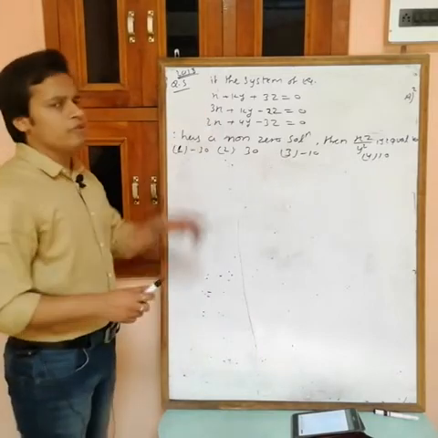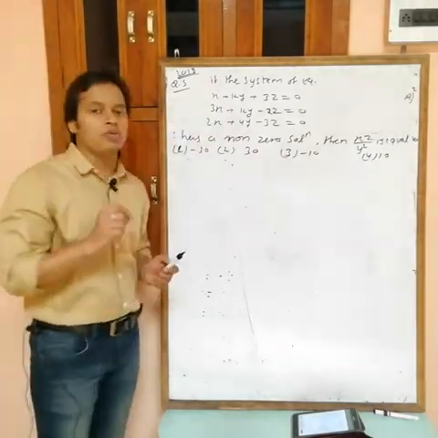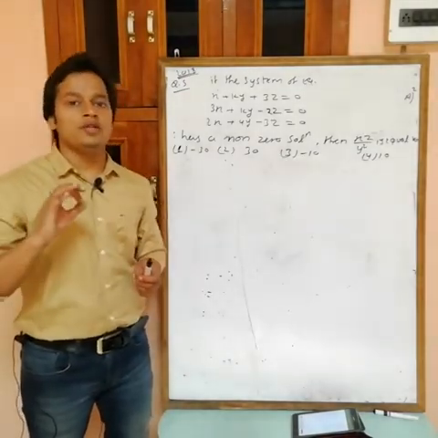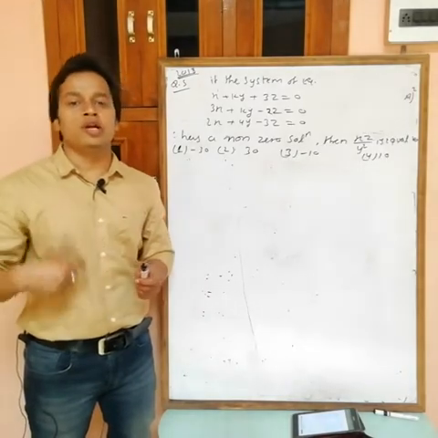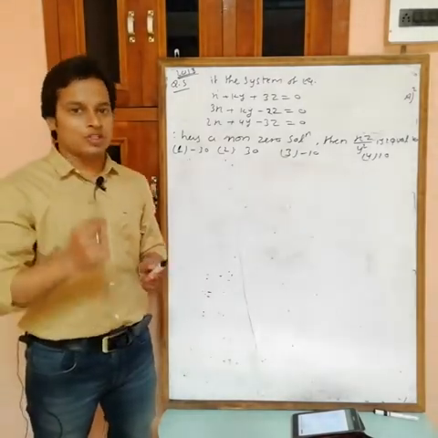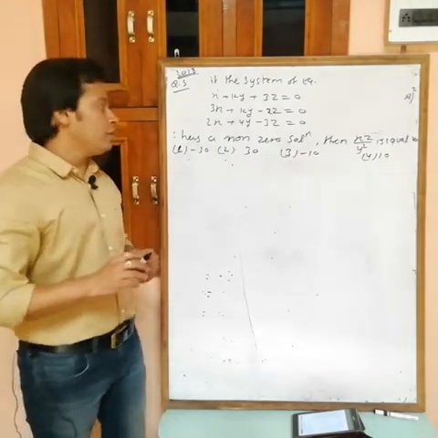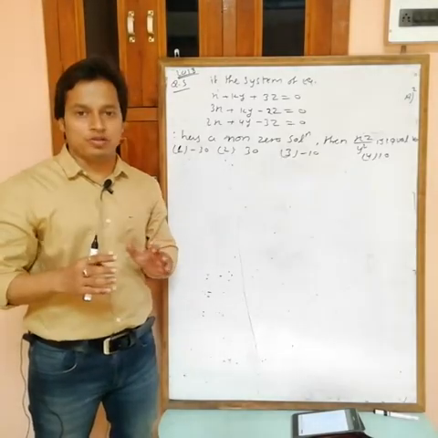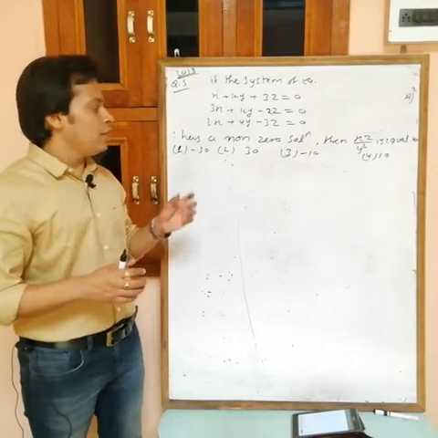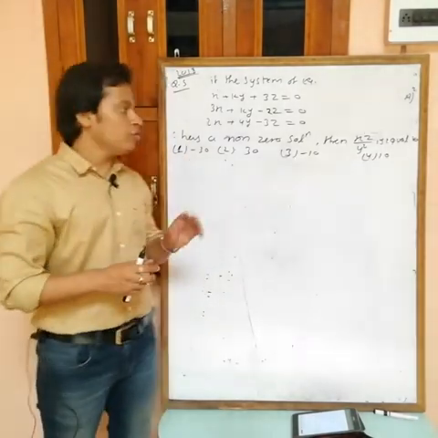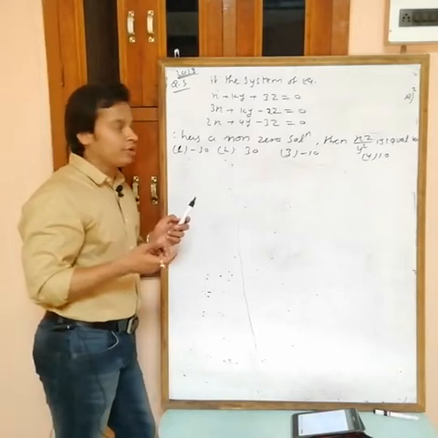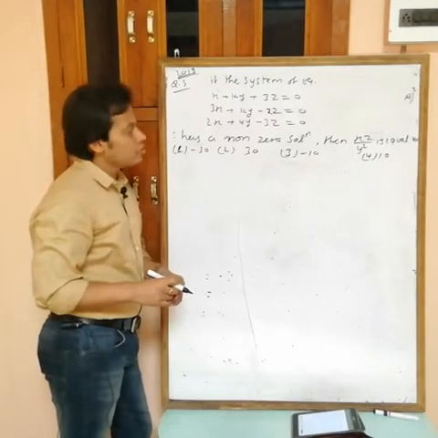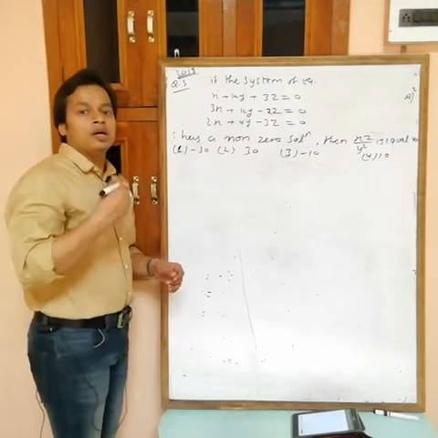It is given that this system of equations has a non-zero solution. Now see, this is a homogeneous system of equations. For a homogeneous system, if del is not equal to 0, then it always has a unique solution, and that unique solution is the trivial solution, which means 0, 0, 0. Non-zero solution means at least one is non-zero. So the condition for having a non-zero or non-trivial solution is determinant equals 0.